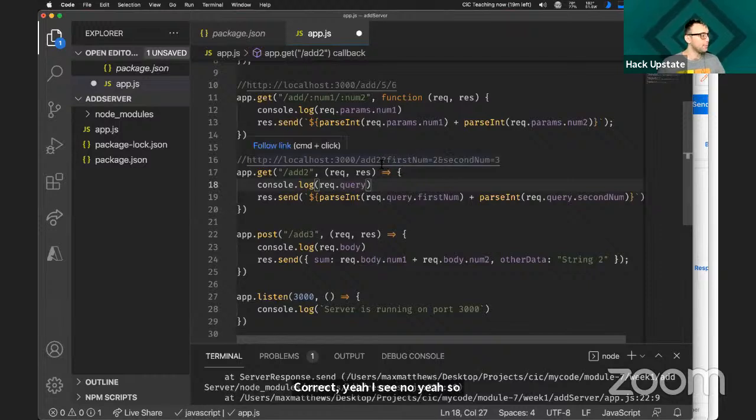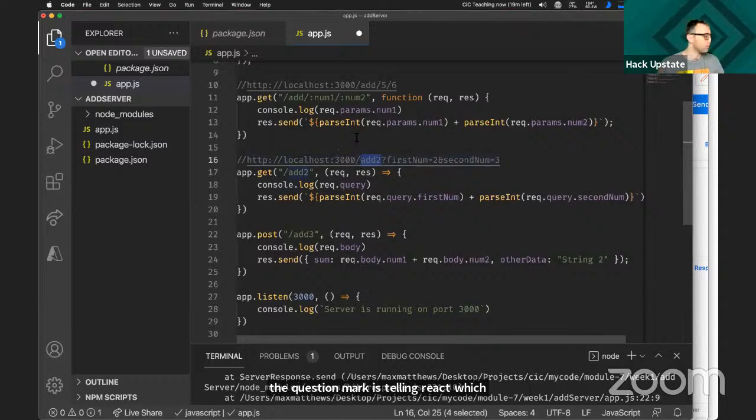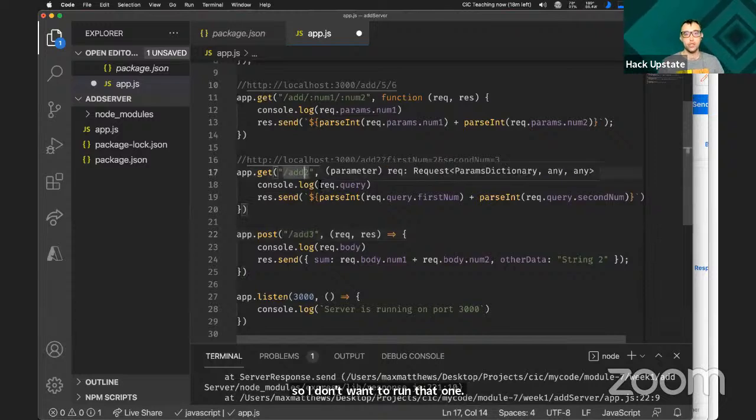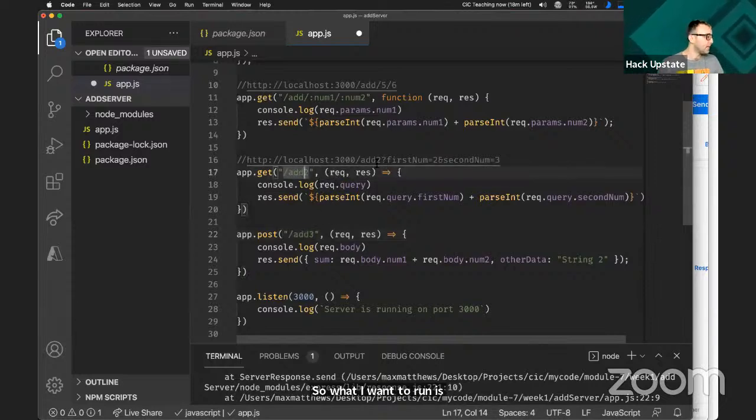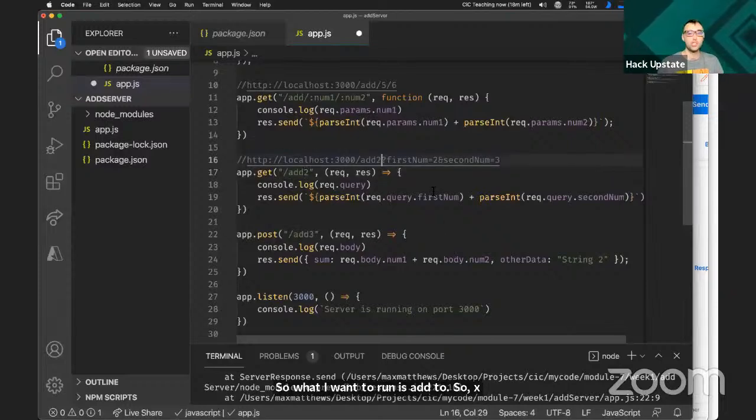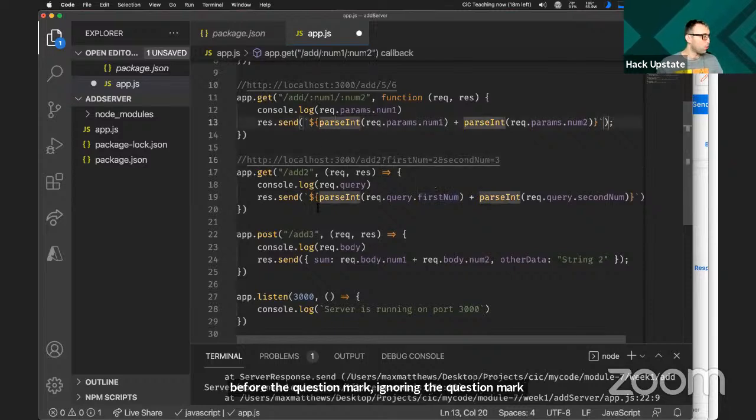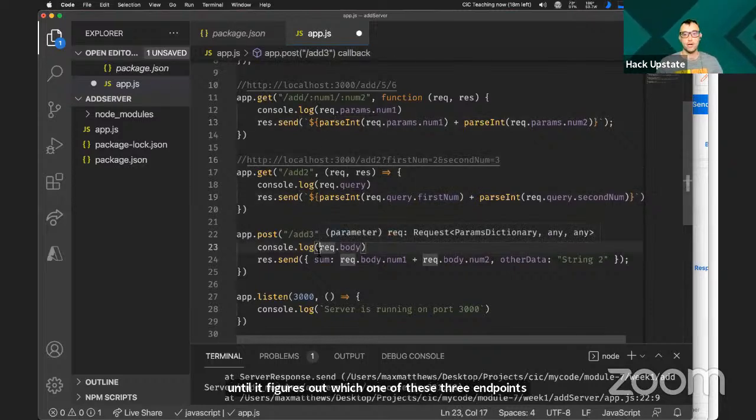Yeah. So what comes in front of the question mark is telling Express which endpoint to run. It's saying, well, this one's called add, so I don't want to run that one. And this one's called add 3, so I don't want to run that one. So what I want to run is add 2. So Express, up until before the question mark, is ignoring the question mark until it figures out which one of these 3 endpoints it should run.